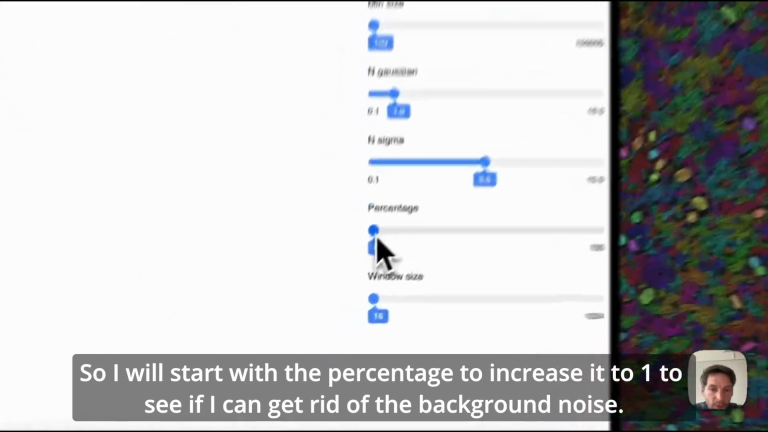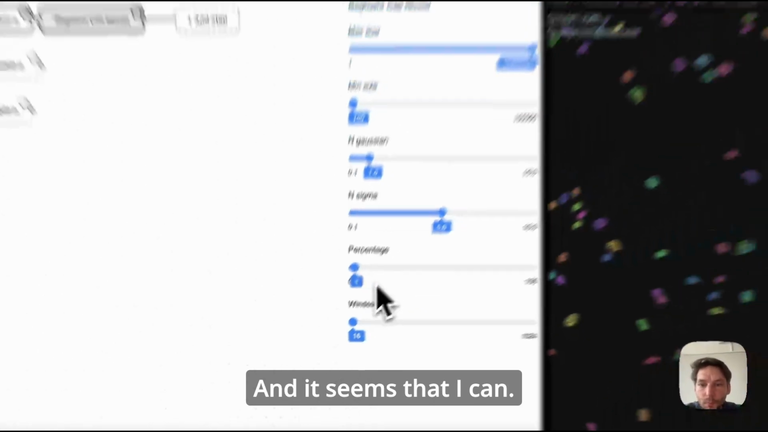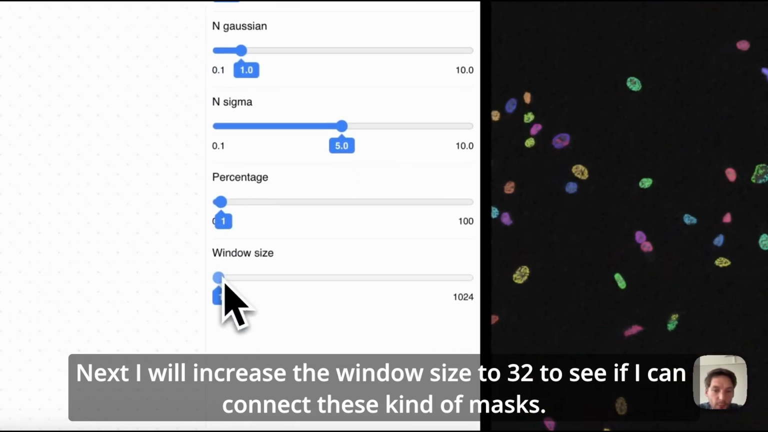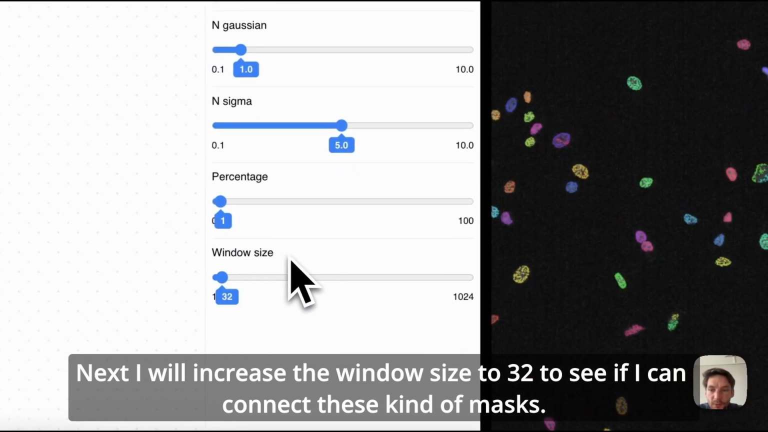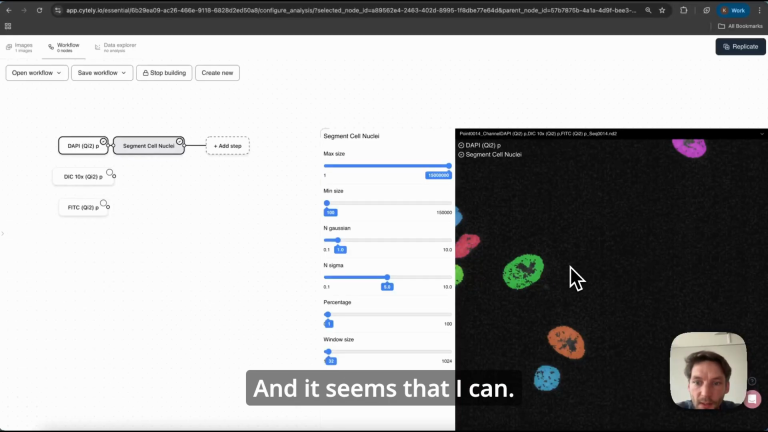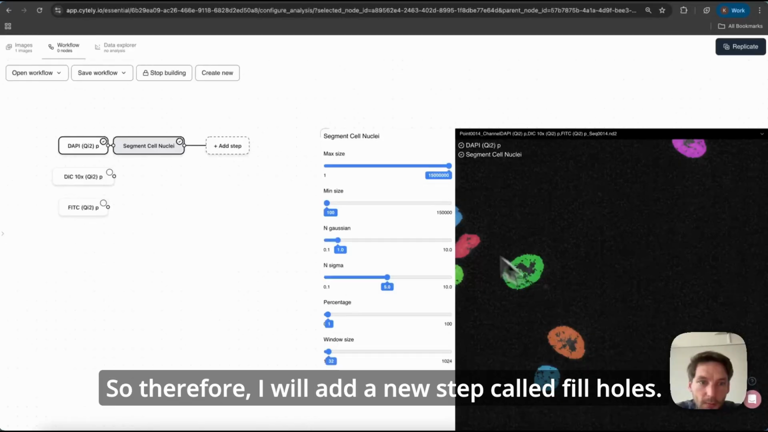So I will start with the percentage to increase it to 1 to see if I can get rid of the background noise. And it seems that I can. Next I will increase the window size to 32 to see if I can connect these masks. And it seems that I can. So what we have now are masks that cover most of the cell, but we have some holes within the nuclei masks. So therefore I will add a new step